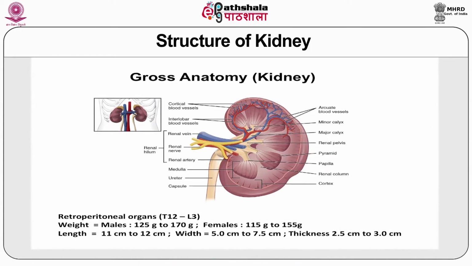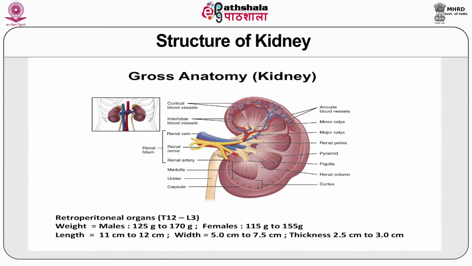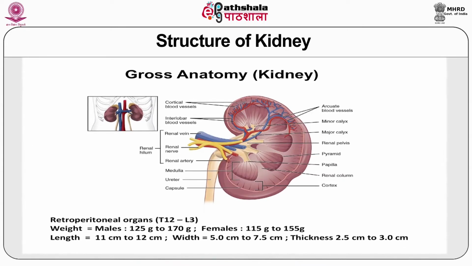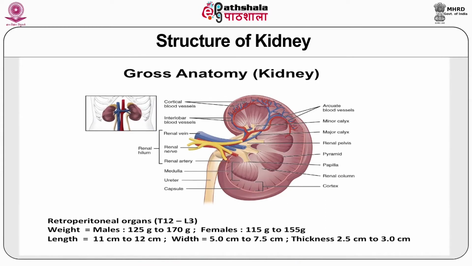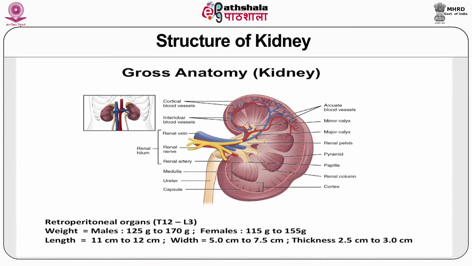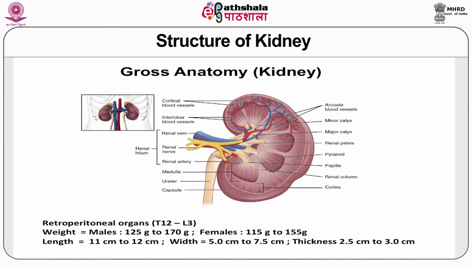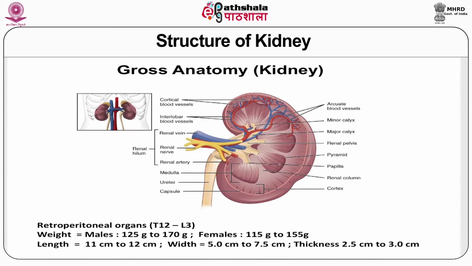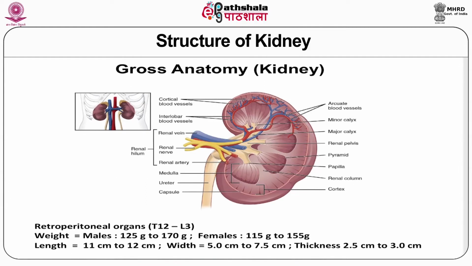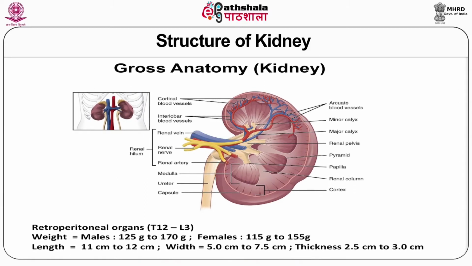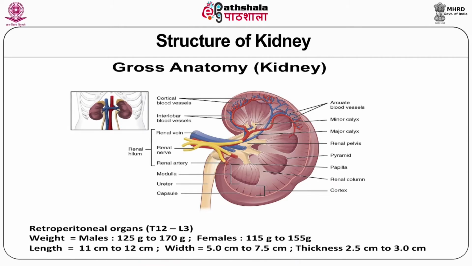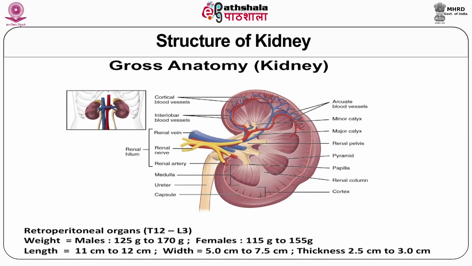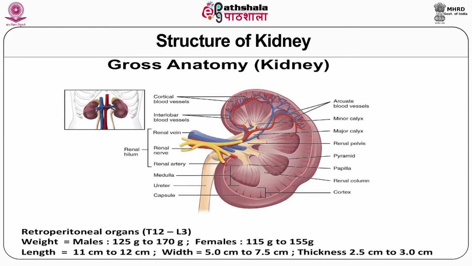The cortex is the outer structure of the kidney on the coronal section, and it is divided into three parts. First is the lobe of the kidney, the part of cortex that surrounds the renal pyramid. Second is the renal column, the part of cortex that lies between the renal pyramids. The third is the cortical arch or lobule, the part of the renal cortex that lies between the pyramid and the surface of the kidney.